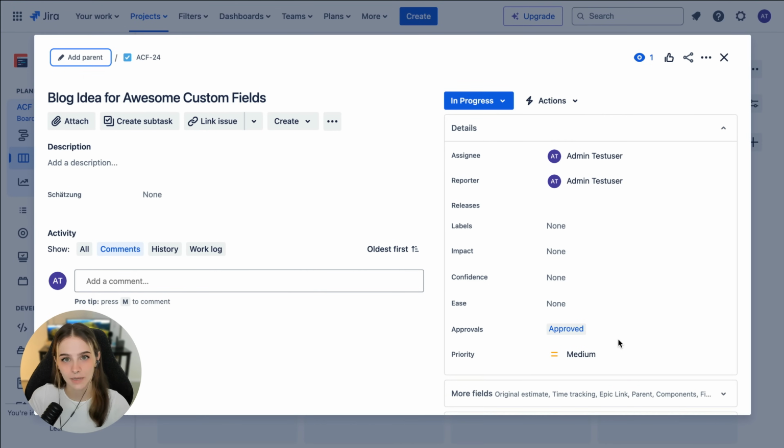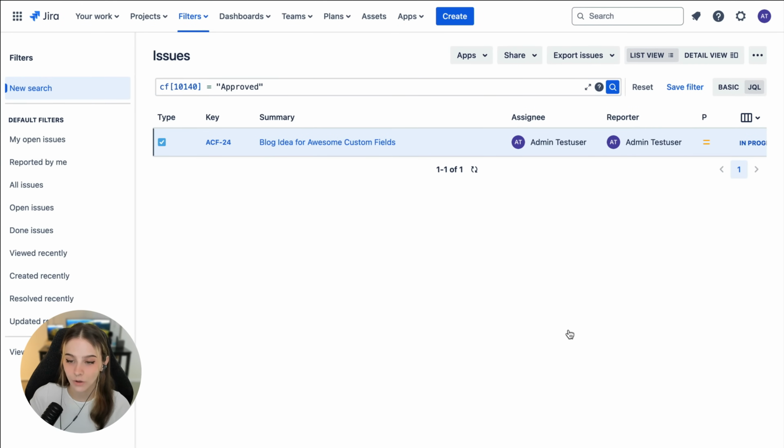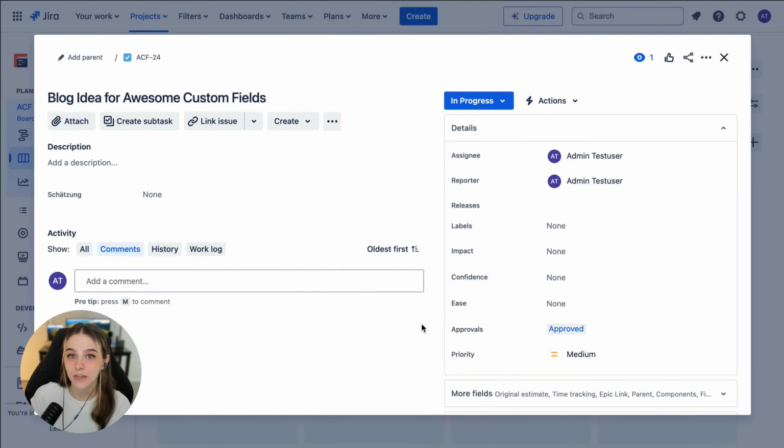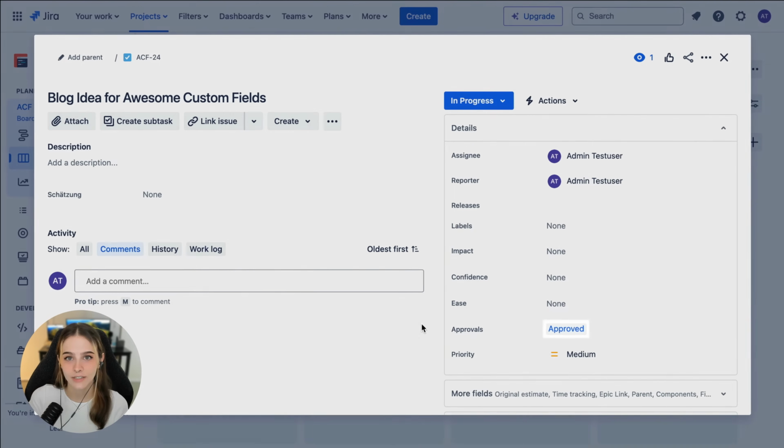Now the issue has the label approved. If you click on the label, you'll be directed to a list of issues that can also have this label if you want to see other approved blog ideas. What you may notice is the label is gray. All labels in standard Jira are gray, so if you want colored labels so that they stand out visually to emphasize certain attributes, in this case the approval status of the blog task, then you'll need an app from the